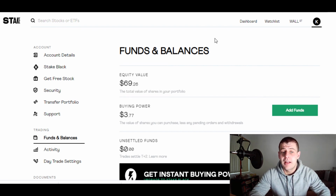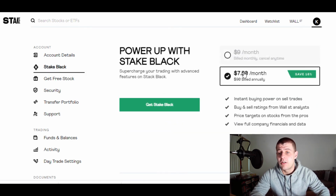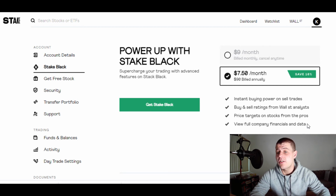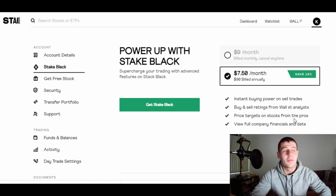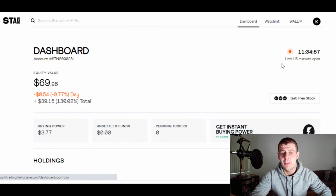Stake's a very cool platform and it's completely free, but then if you want to upgrade it to a paid version, you can get a lot more. So $7.50, it's billed annually, so $90. You get instant buying power on all trades, you get buy and sell ratings, price targets, and you get the full company financials and data. So it's actually very efficient. You get a lot of data and information that can help you become a better trader if that's what you wish to do. If we come back down to dashboard,